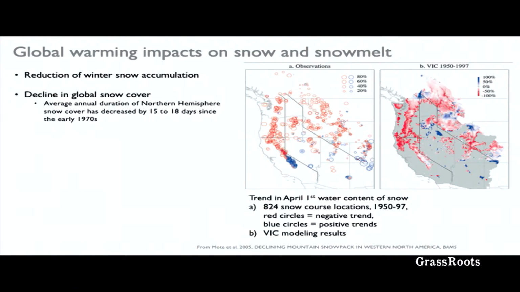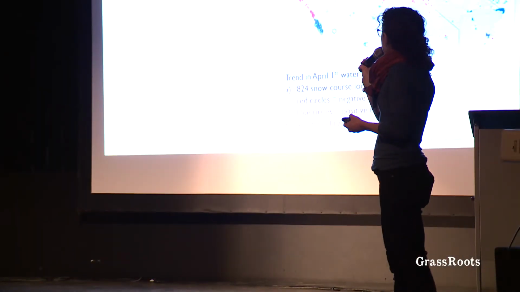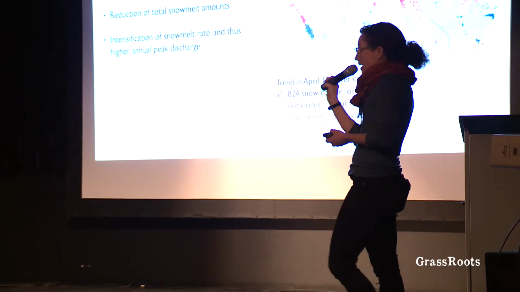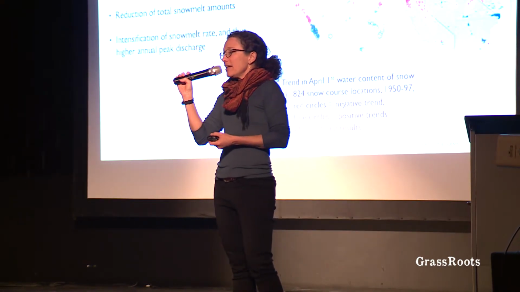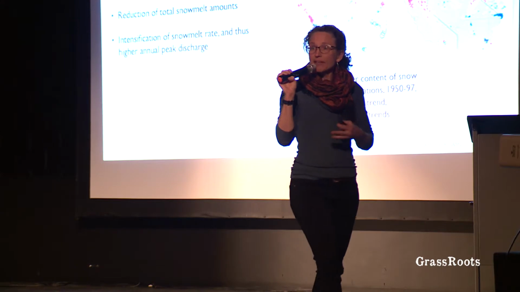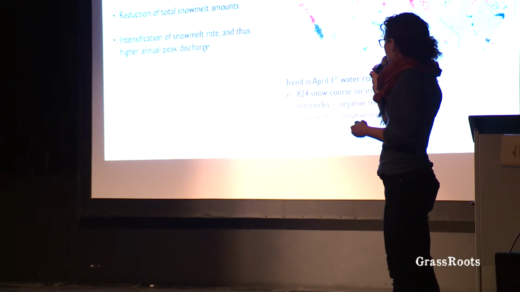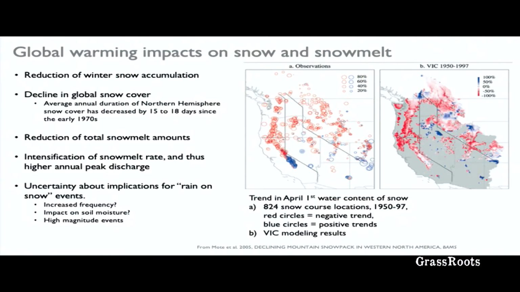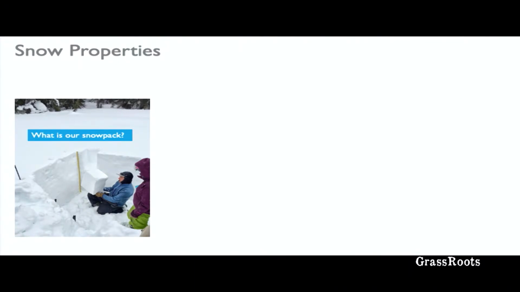accumulation. Globally, we've seen a decline in snow cover. We also see a reduction in the total amount of water that melts from the snow. Sometimes we have an intensification of the snowmelt rate, depending on the timing of the melt, how quickly it melts. And then there's a lot of uncertainty about how our snowmelt will change as we may start to get more rain on snow events. So this would be spring rainstorms when you still have your snowpack, which can produce pretty remarkable floods, and also may have effects on soil moisture as well. So there are a lot of interesting impacts related to